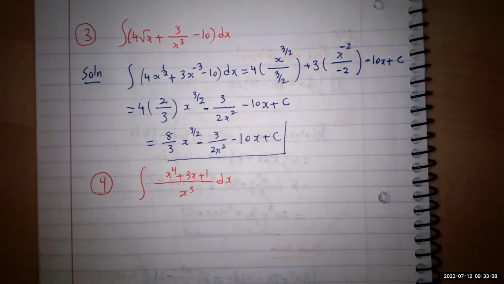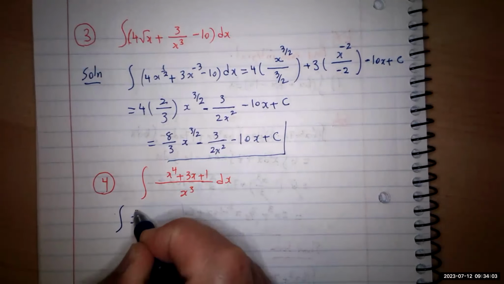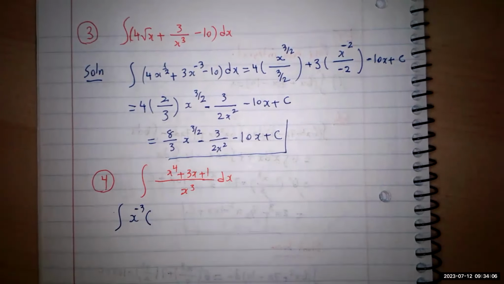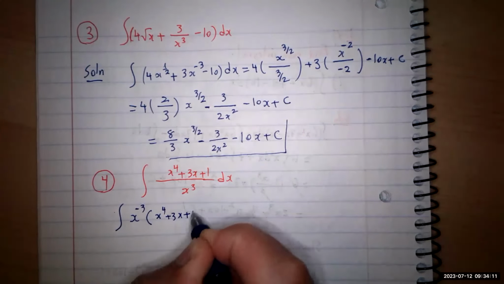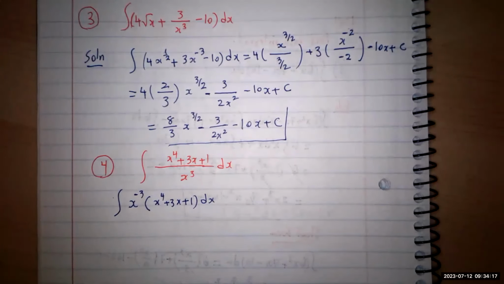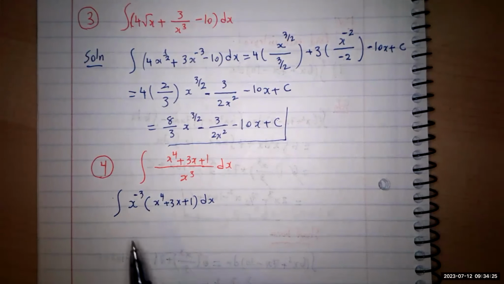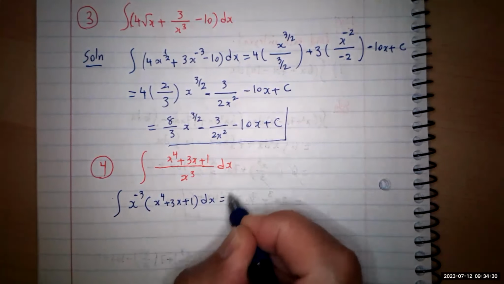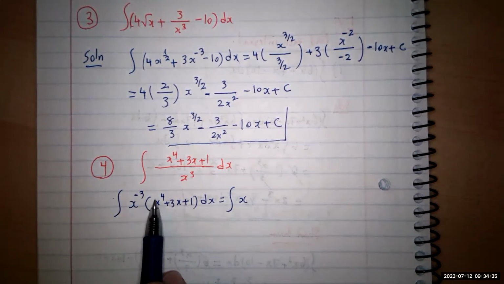Okay, so we have to rewrite it. This is the way we're going to rewrite it. Move this one up, x to the -3. Open up the parentheses to make sure that you multiply by all the terms on the top. Now you have to distribute it. You multiply it inside, and when we multiply, we add the exponents together. So this is going to be equal to x to the -3 plus 4 exponent, so that gives a +1,